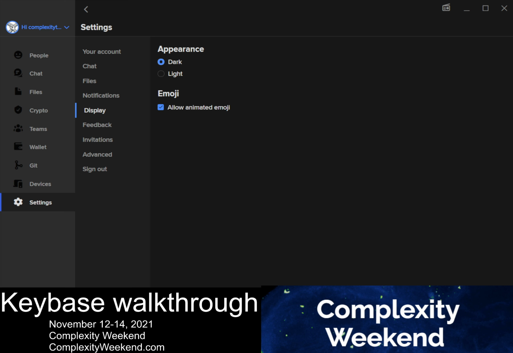This is going to be a short video covering some of the key features and points and settings of the Keybase client, the desktop version. If you want to learn more about Keybase features and about the desktop and the mobile application, then check out